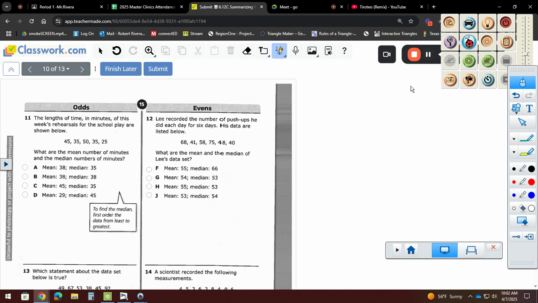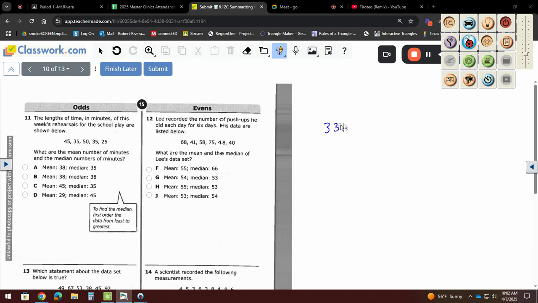Okay, so you're supposed to have gotten the mean of this. We already found that the answer is G or H for median. So to get the mean, you should add them all. And when you add them all, how much did you get? 330. That's step 1 to get the mean, add them up. Step 2 is divide by the quantity. In this case, we have 1, 2, 3, 4, 5, 6. Divided by 6, put your decimal digit